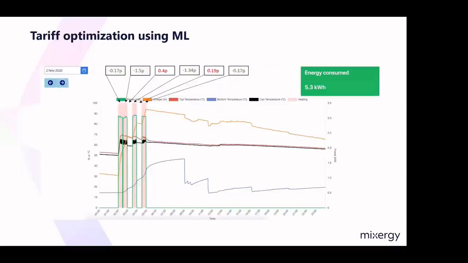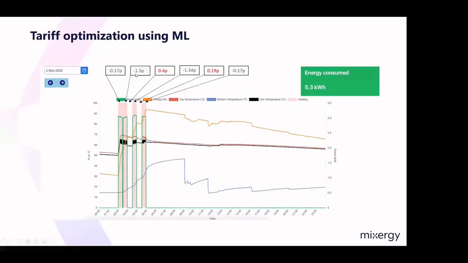So let's look at some live data from November last year. This tank at 2 a.m. was 30% full of hot water. We had 2 negative price points that evening, so the immersion heater turned on for an hour, turned off, on, off, on. Between 2 a.m. and 5 a.m., we were able to take the tank from 30 to just over 90% hot water for free. So effectively a free tank of hot water, and that customer was paid to use 5.3 kilowatt hours of electricity.